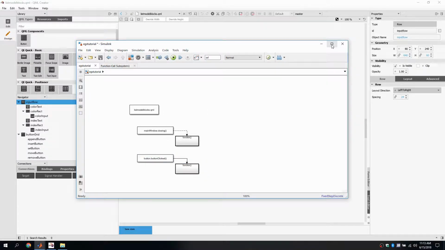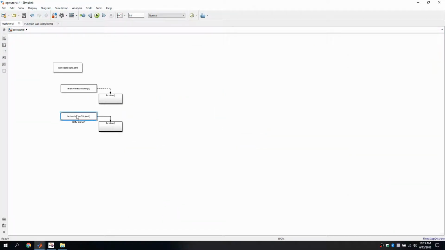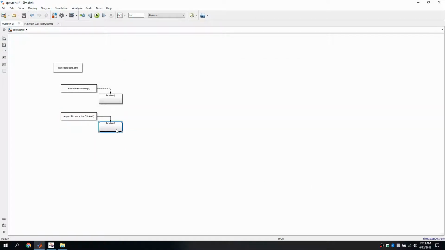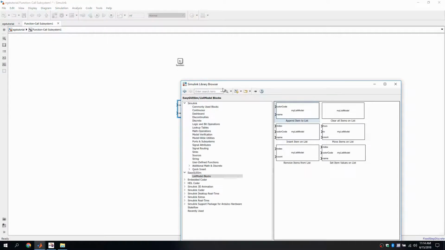Now let's go back to Simulink and create a subsystem for each button. We will go through this very quickly since there isn't a lot of new information.